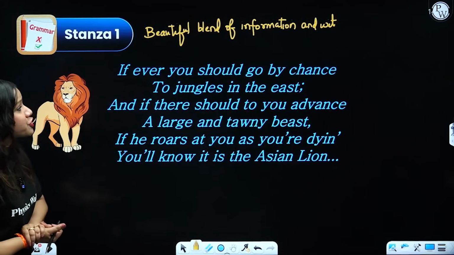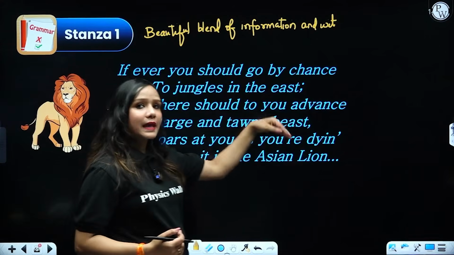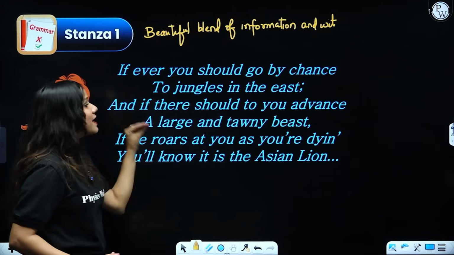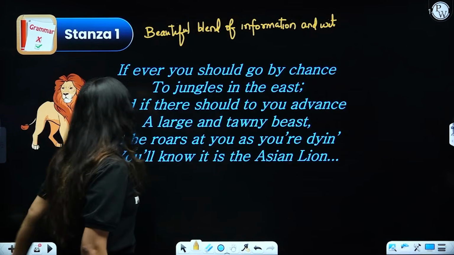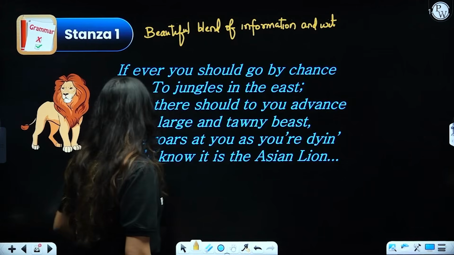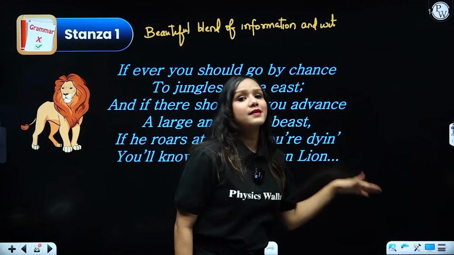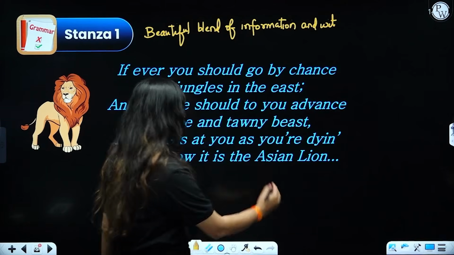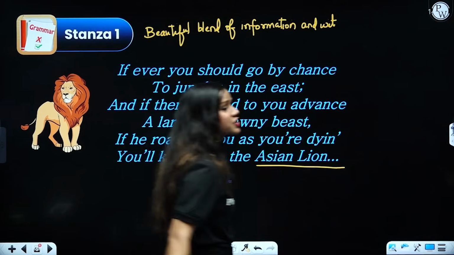If ever you should go by chance to the jungles in the east, if there should advance a large and tawny beast, if he roars at you, you are dying, you'll know it is the Asian lion, right? A beautiful depiction of which animal? Asian lion,